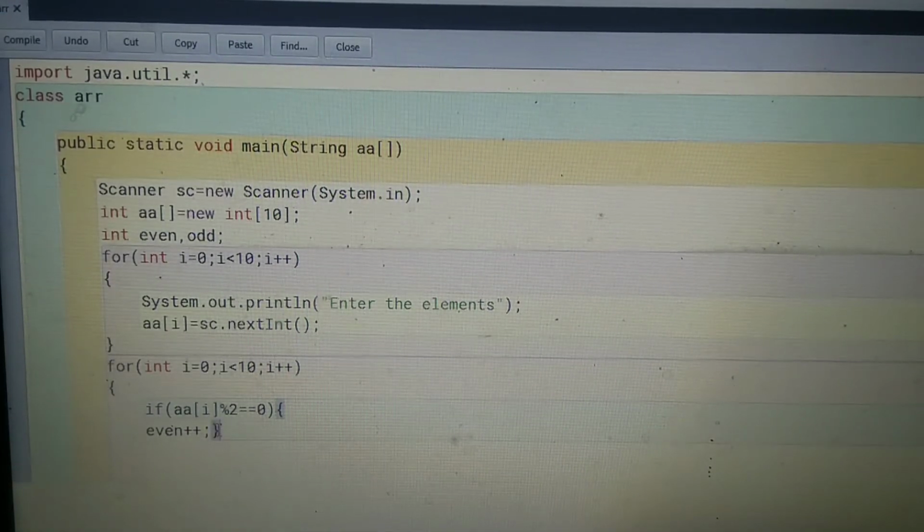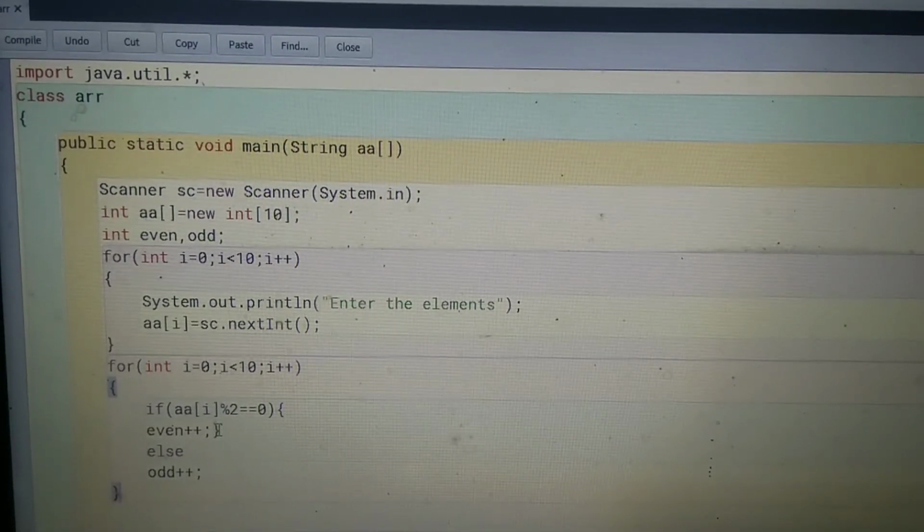Okay, else, which variable? Odd plus plus. Okay, so here we close the loop. In this loop we only find the total number of even and total number of odd.